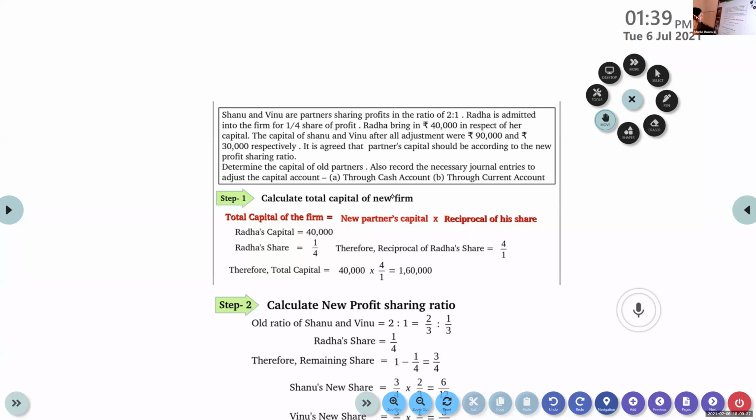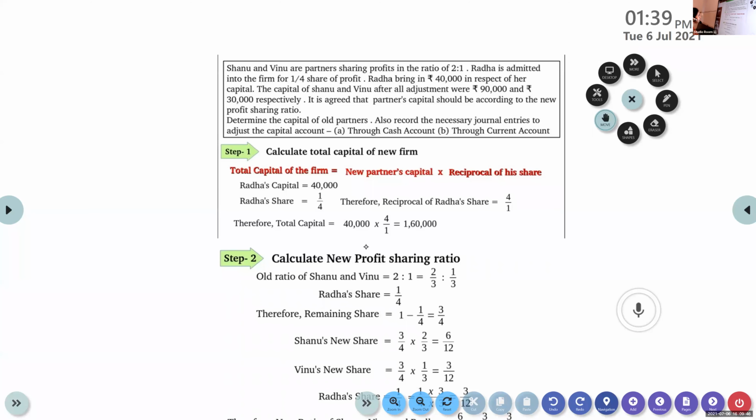1,60,000. Now the next step is to find out the new profit sharing ratio. It is not required. Here it is just explained in a very detailed way how to find the new profit sharing ratio, but you know it. The old partners' ratio is given, and no information is given about the new partner, how he got this 1/4 share. So it will be the same as the old ratio itself,